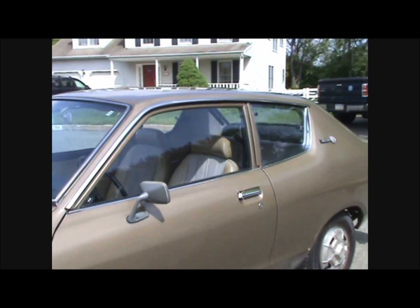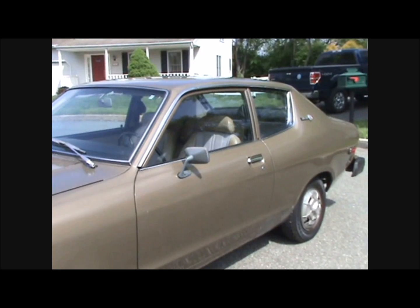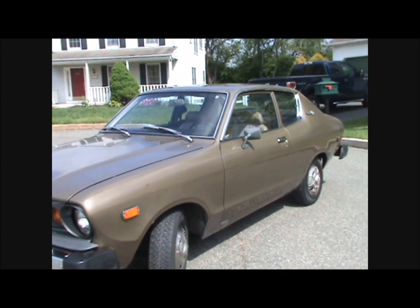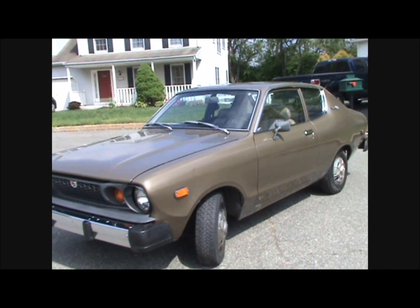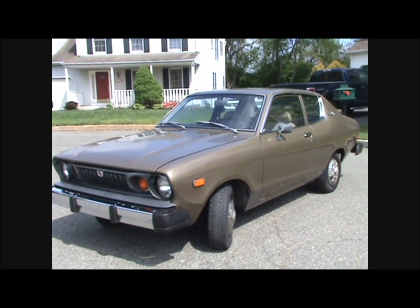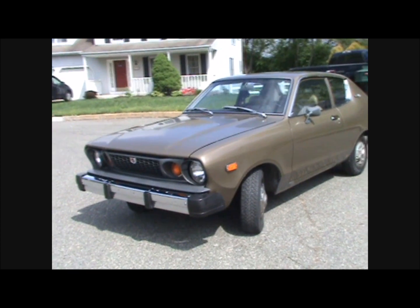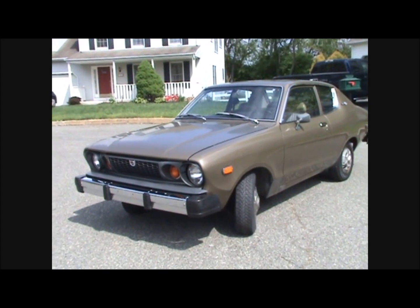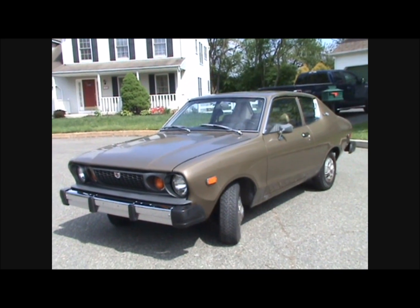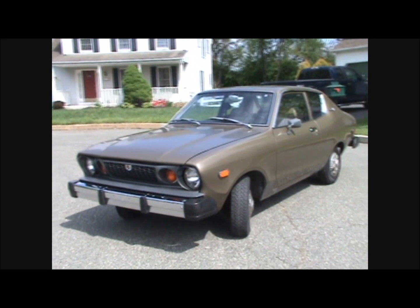My father had one exactly like this when I was growing up. I remember hating the thing. He'd pick me up from band practice, and I'd be so embarrassed because all the other kids were getting into nice cars, newer cars. Ours was an old jalopy, man, and I hated that car. But then it finally rusted away enough, but kept running like these things are known to do,